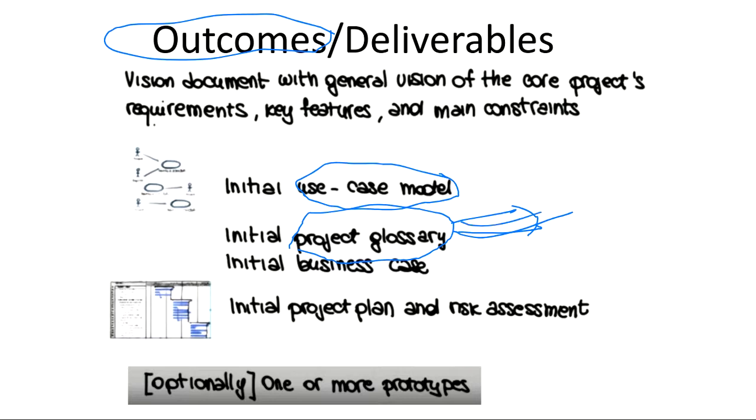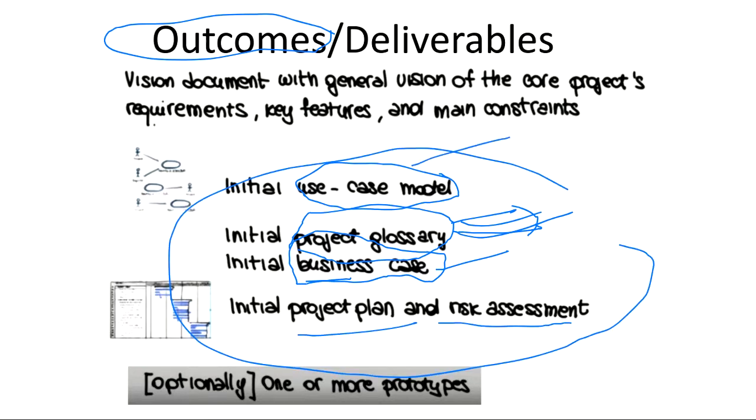Initial business case. Whatever business requirements or business use cases you need in your project, all those will be documented here. Initial project plan and risk assessment, everything. Right from the use case model, all the terms used in your project, business cases, what is the project plan, how you are going to implement it, what will be the timeline, what you try to achieve at every timeline, everything will be planned here. And also the risk assessment, obviously, in every phase there is testing, so risk assessment has to be there.